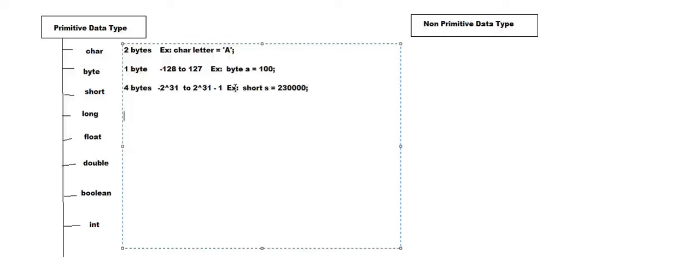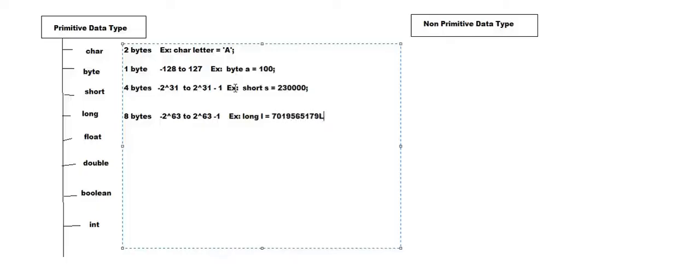And long, the size of the long is 8 bytes, and the range of that long will be minus 2 to the power of 63 to plus 2 to the power of 63 minus 1. This is the range of that, and long can contain greater values. For example, we will give long L equals to your mobile number or my mobile number,